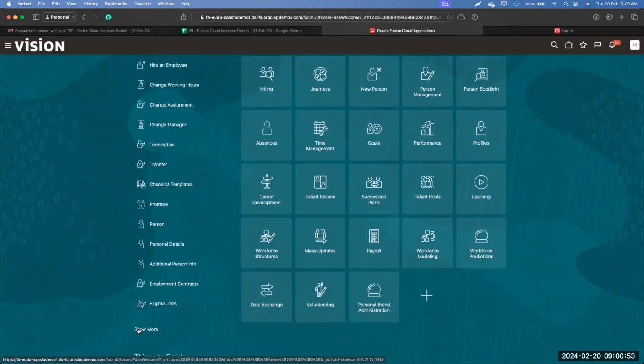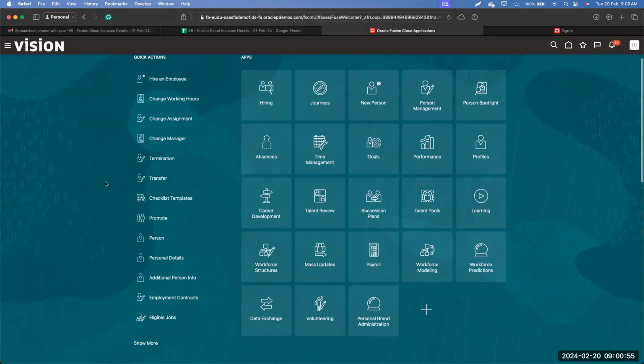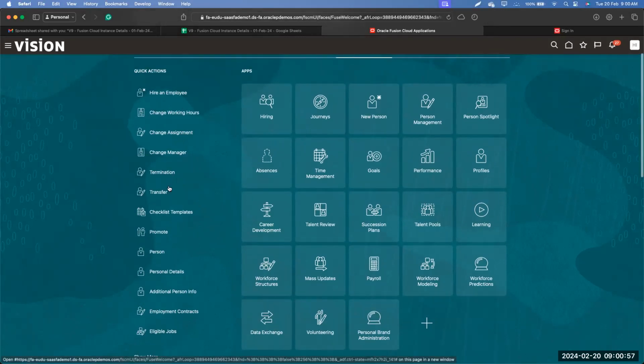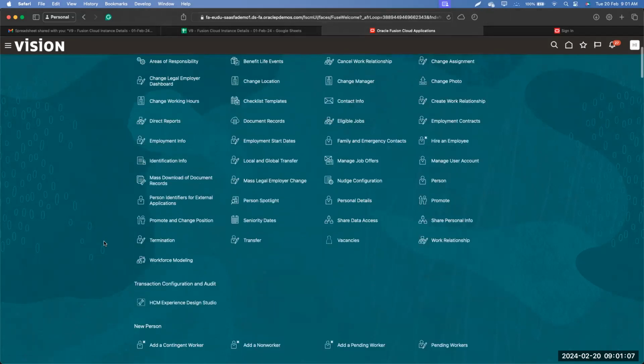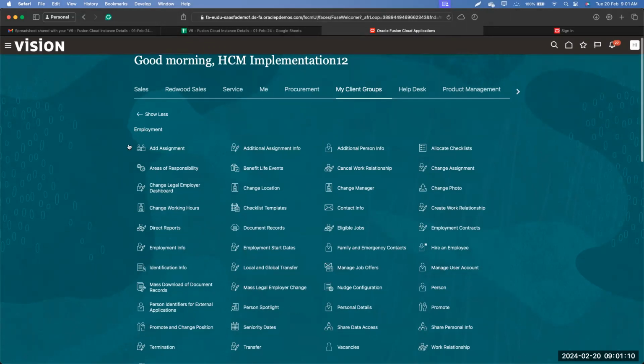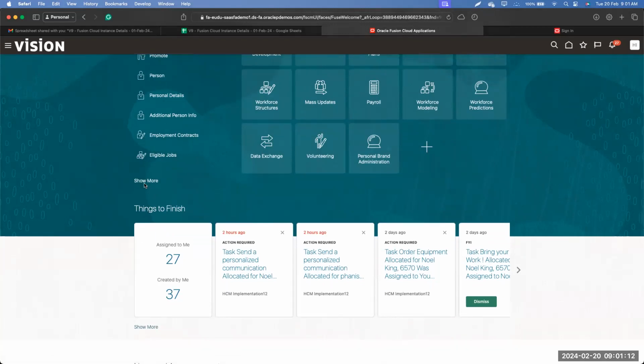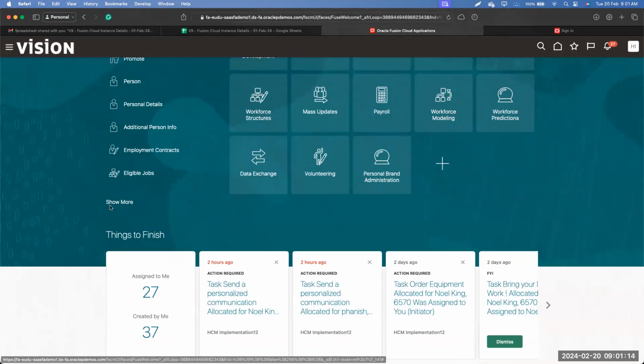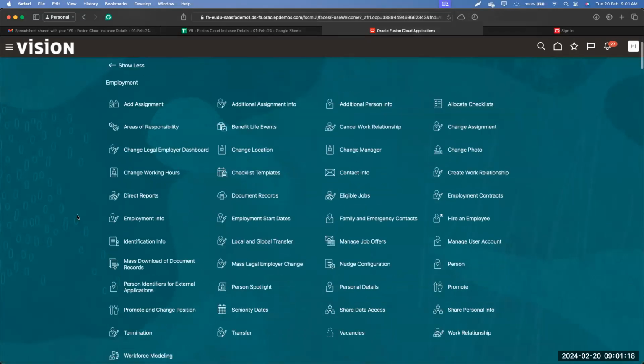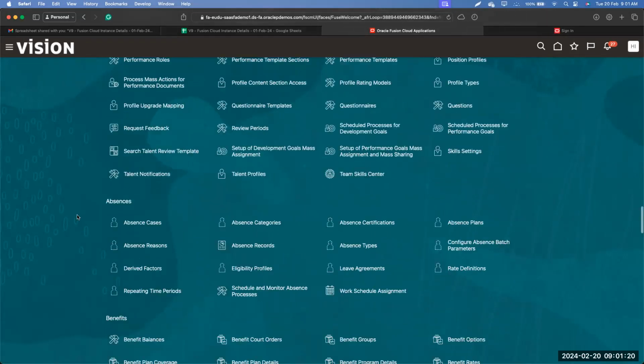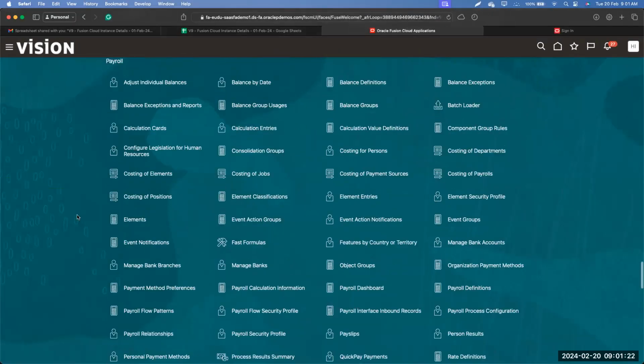For example, these are some quick actions we have. How many do we have? 6, 8, 10, 12, 15. We have 15 quick actions. Let's say the customer comes and says, Harish, I don't want Promote, I want something else instead. If you see, when I click on Show More below, I'll zoom in. When I click on Show More, I see lots of quick actions. I would have 100 plus.